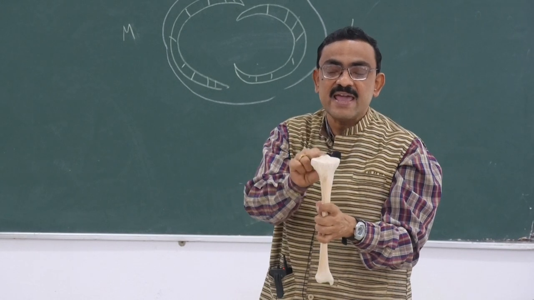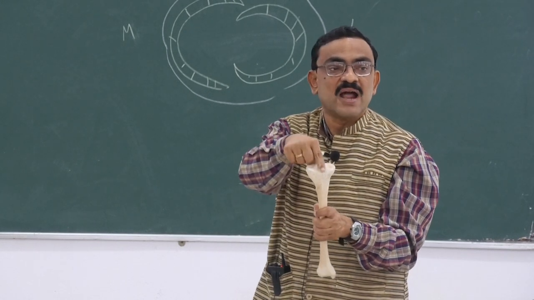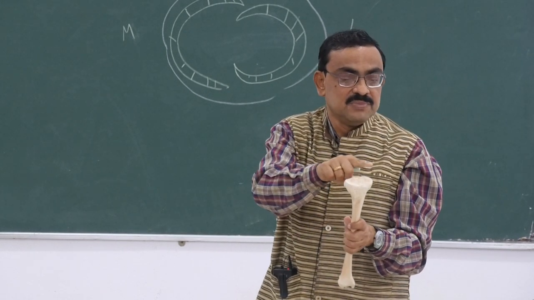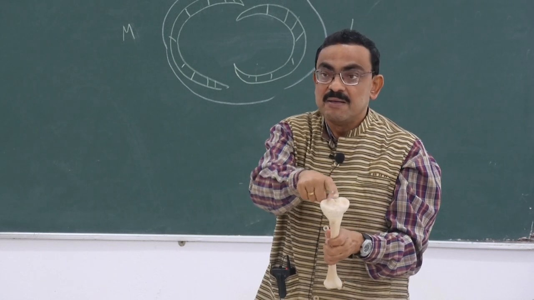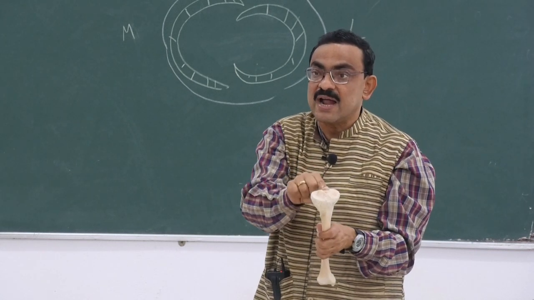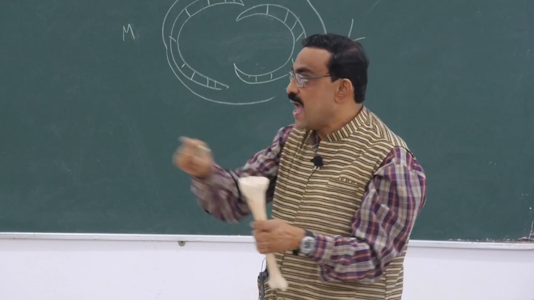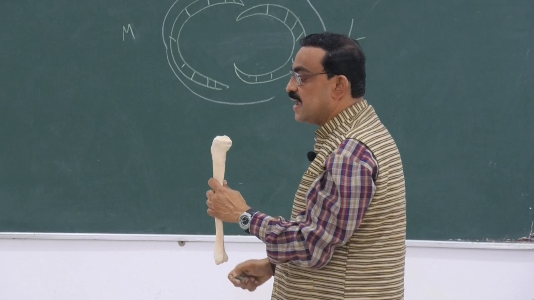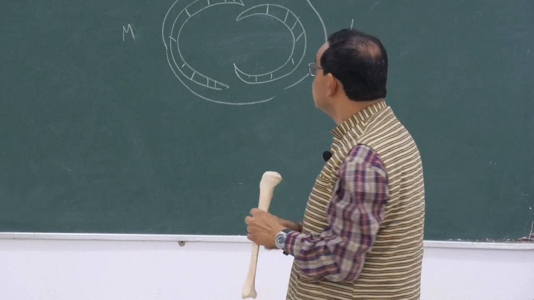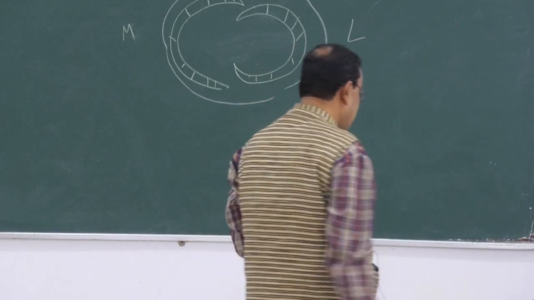So, this area is non-articular. You can see these are articular areas, but in between there is a non-articular area where we get the eminence. And in the non-articular area, we can find some structures like